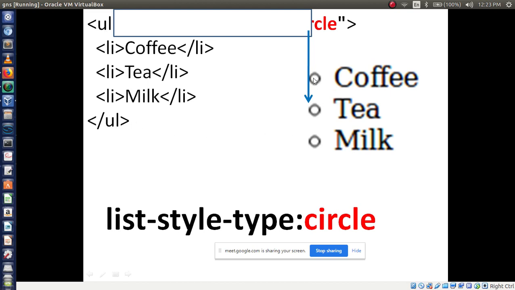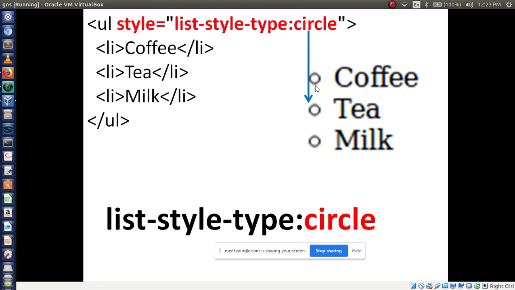Then I want to make this as a circle, so for that purpose I have to use code like this. This is called attribute. All of you write this. Attribute we are going to write inside the tag. So inside the tag, our main tag is ul.